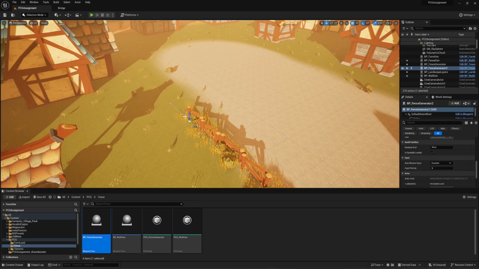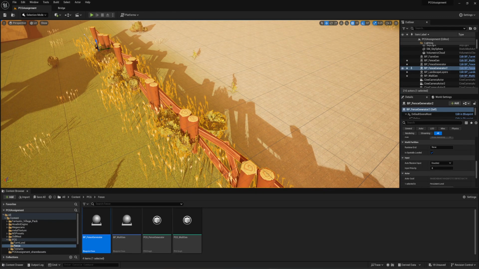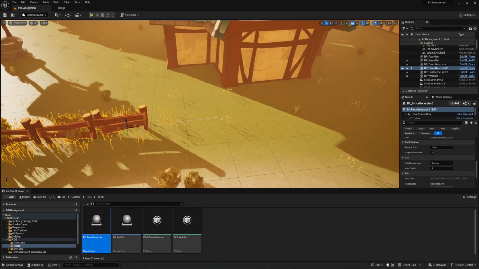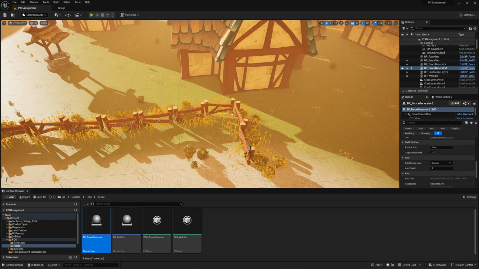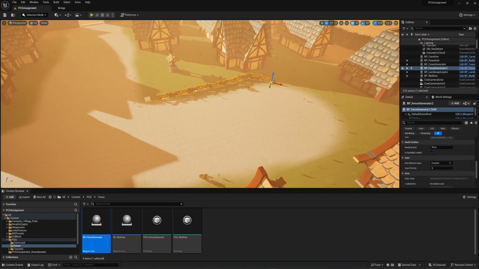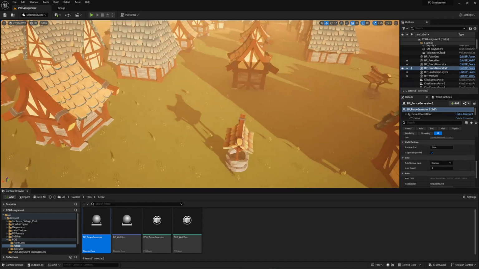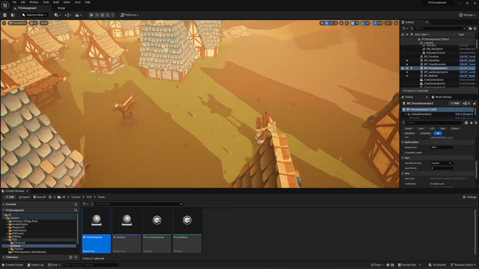Works exactly the same. The only thing is there's foliage growing around the placed fences, but it also looks a bit nicer within a town area. So if we wanted to make a little farm pen for our animals, or just a fence to follow our farm to close it off from like the public,